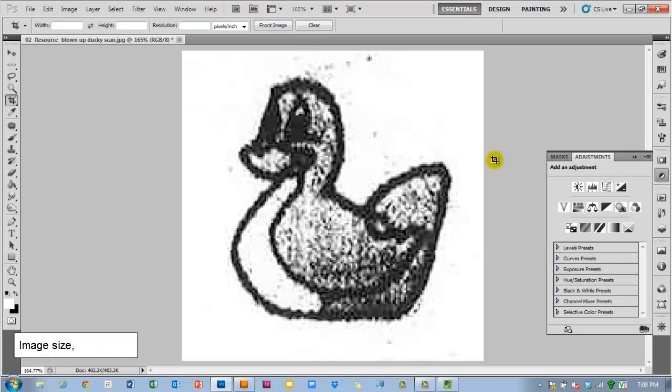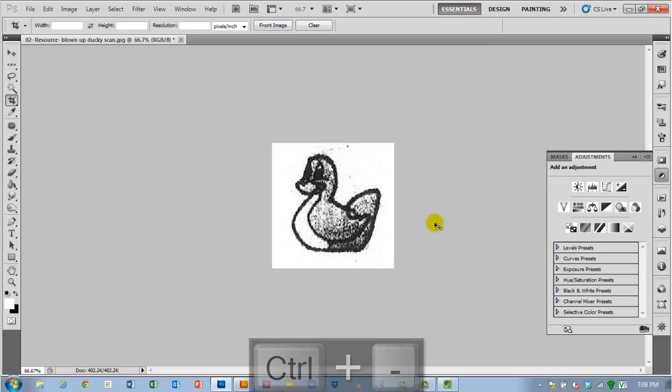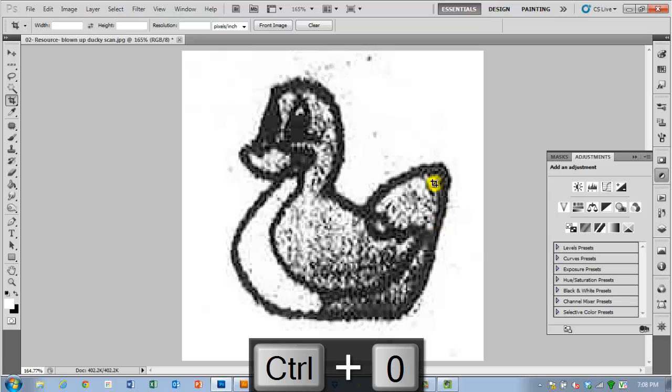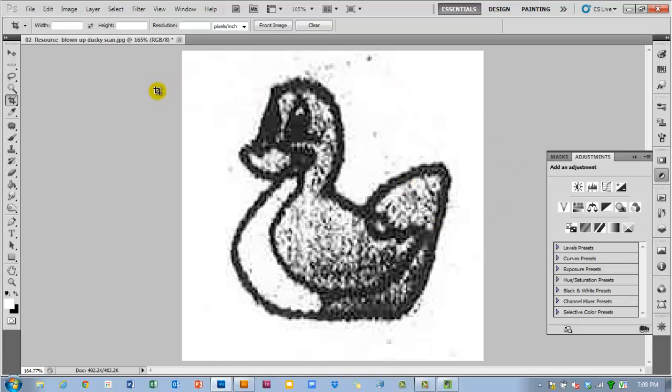Okay, so now that our scan's isolated and cropped, we're gonna add an adjustment layer, and we're gonna start to clean up this image here. So zoom in all the way to your image file. Remember, if you're zoomed way out, if you just hit Control 0, you will zoom all the way into your file here. And first things first, before I do anything, I'm just gonna actually increase the image size before I